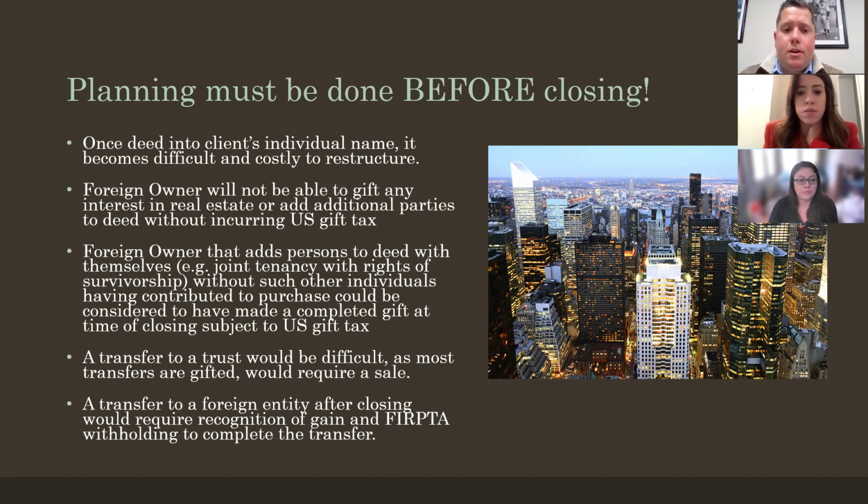Last but not least, same thing, transfer to a foreign entity. If any of you are familiar with capitalizing your own companies, you might know that for a US person that transfers property to their own domestic company, there's no realization of gain. You're essentially transferring it for your benefit to start a business or something. It just inherits the basis. Not so with foreign corporations. If you transfer US real estate to a foreign entity, like a corporation, which we typically use for these kinds of structures, the client is going to have to realize gain. There's still going to be a FIRPTA withholding, even though it's essentially phantom income here. It's a phantom sale.